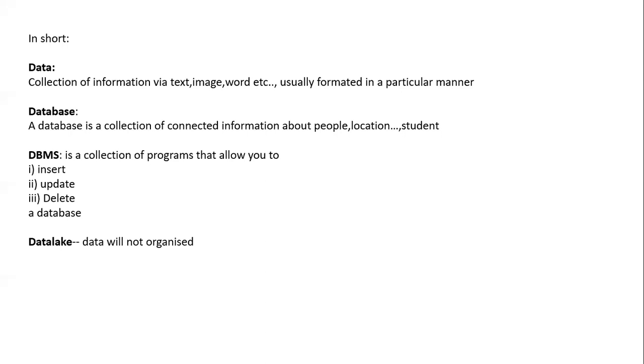Because you asked about the difference between data warehouse and data lake, and the trainer told that it will be covered down the line. If you think the question has not been answered, you can ask again. The same thing happens in my SQL class. Suppose I am teaching the aggregate function and a participant has a question related to joins. We tell them, please wait for some time, that will be answered. Thank you. Yeah, please go ahead.